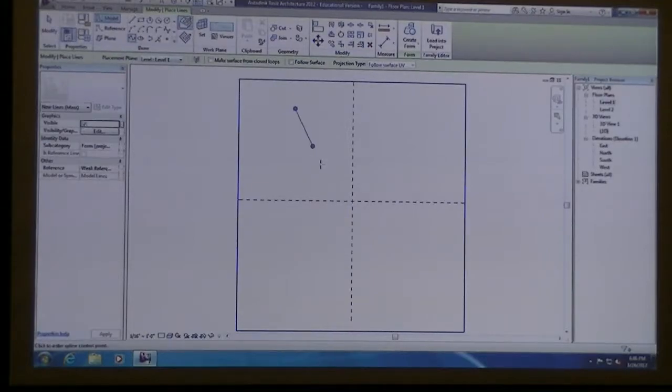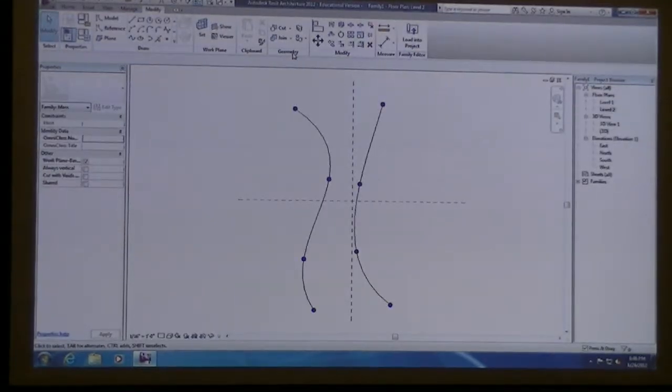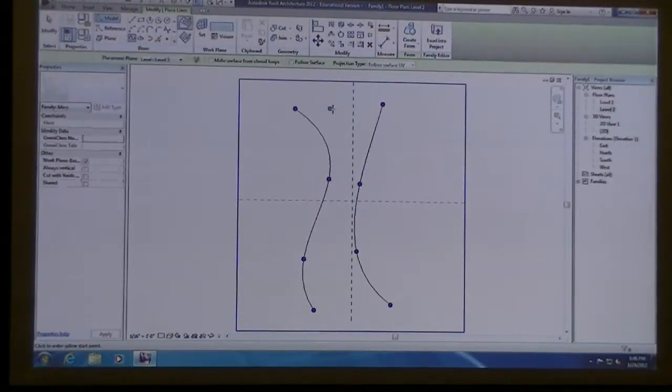I'll just kind of create something that looks like this. Doesn't have to be exact, just so that they vary. And then in level 2, I'm going to draw another spline that kind of meanders down through the middle.